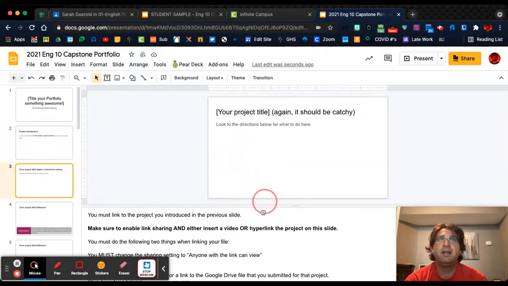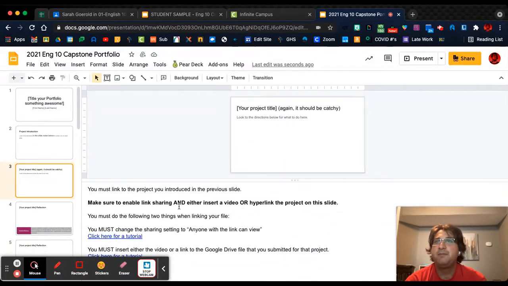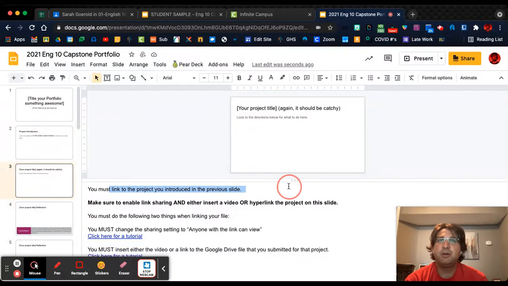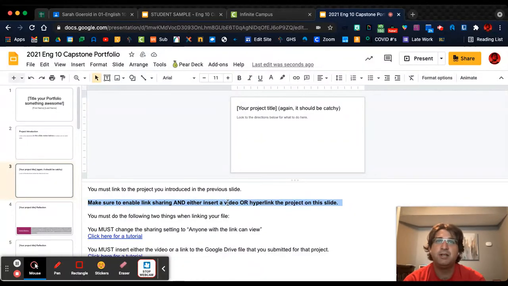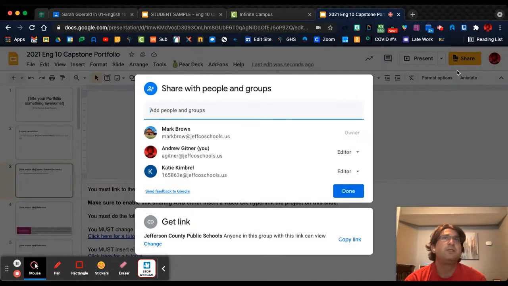Slide 3, again, your project title, easy. You already wrote that. You want to share a link to the project you introduced in the previous slide. Now, you have to make sure you enable link sharing and either insert a video or hyperlink, excuse me. So when I say enable link sharing, I mean if you're linking to a Google Drive file, you have to open it. You'll see something like this, but in the top right, you'll see this share button. You have to click share and make sure that this link,